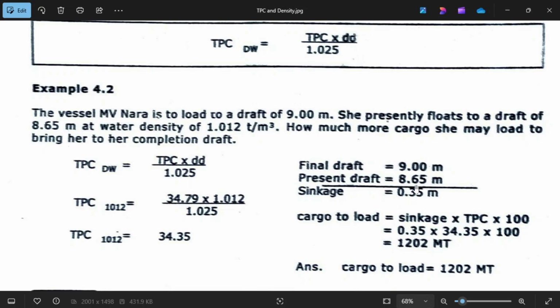When they both agree that the mean draft is 8.65, they have a sinkage of 35, and with this formula we compute the remaining cargo: sinkage times TPC times 100 equals your total cargo.